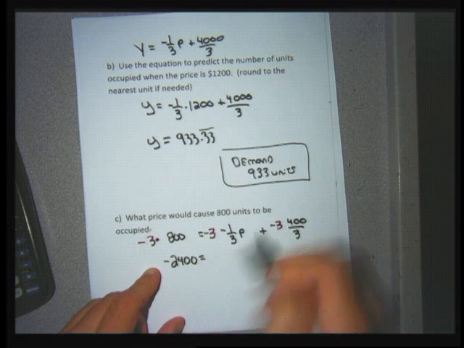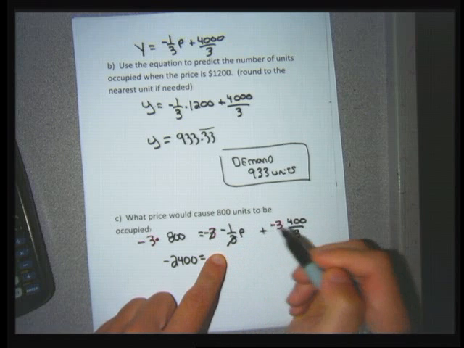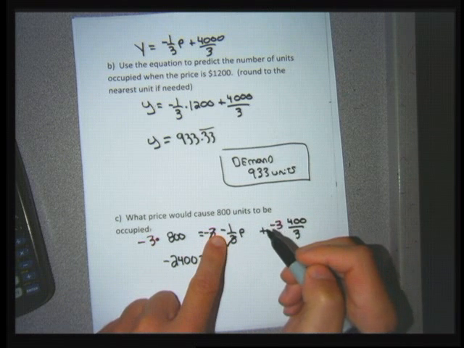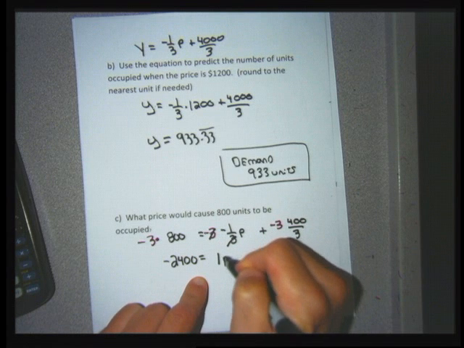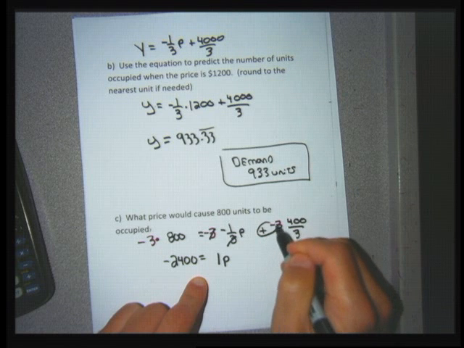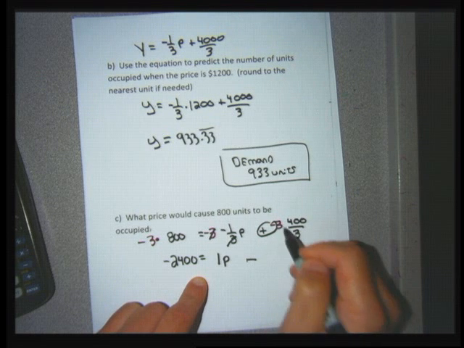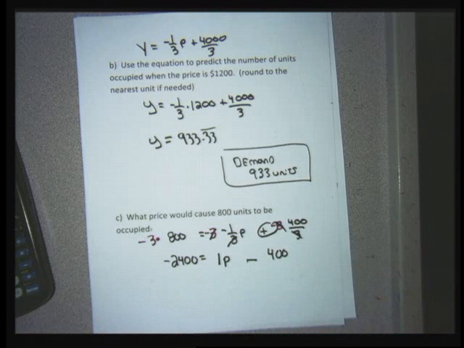If I multiply negative 3 times negative 1/3, the 3's cancel. Fraction's gone. I'm left with a double negative, which is going to be a positive 1p. I don't need to write the 1 in front of the p, but I could. The next bit, a positive times a negative, is going to give me a negative. The 3's are going to cancel, and the 400 is going to remain. So I'm going to get negative 2,400 equals